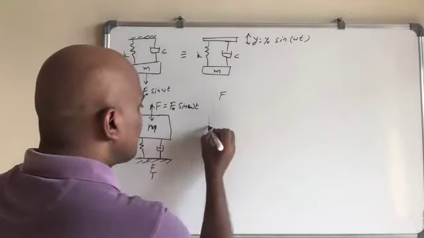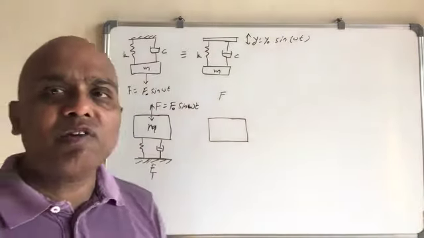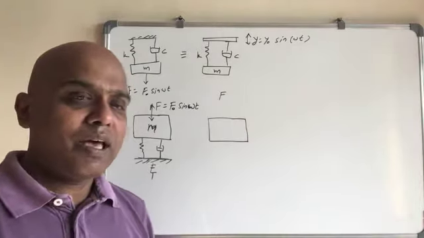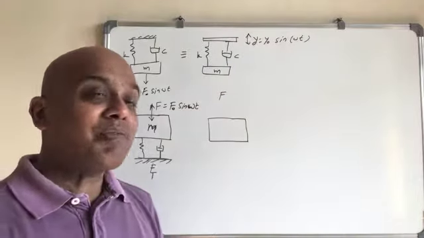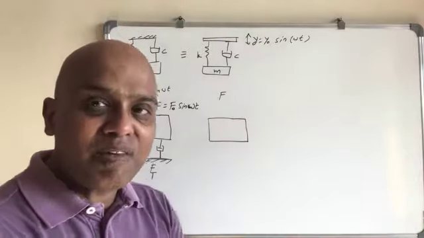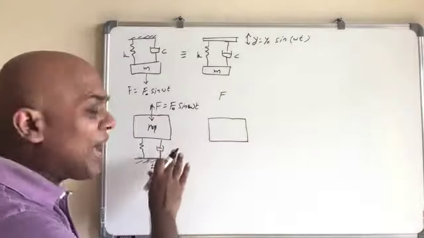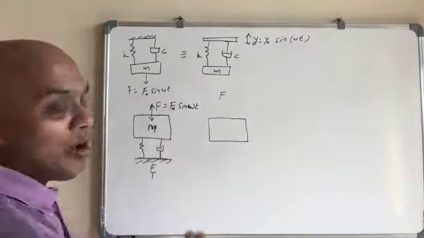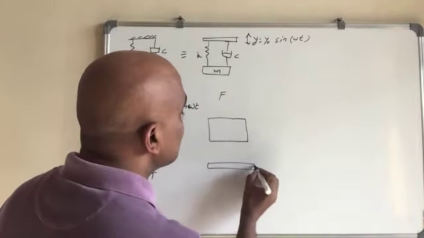Now suppose you have got one instrument, right? There are a lot of instruments in lab, big equipment which requires almost zero vibration, no disturbance at all. So for that also, what happens in case there is a vibration coming from the ground now? Here the idea was, machine was vibrating, and the idea was not to have the vibration traveling to the ground. Here it has an inverse problem, meaning that the ground may move up and down.